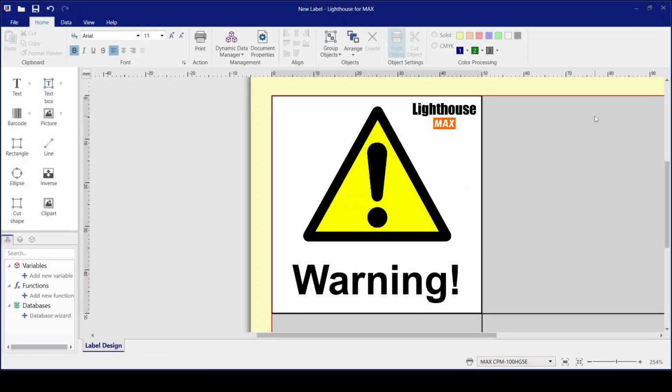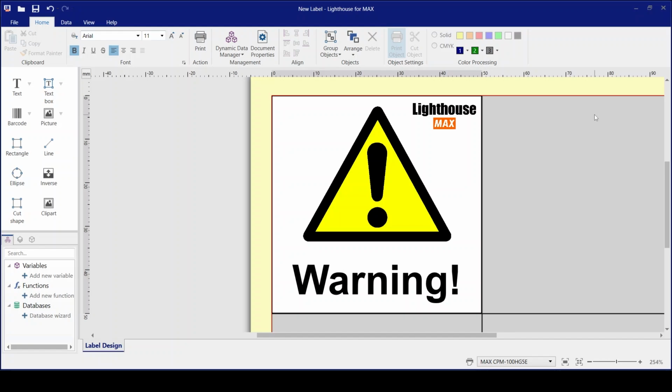In this video, we're going to look at creating a basic label using the 4-step basic label creation method in Lighthouse for Max 10. The beauty of this method is that it can be applied to pretty much any kind of sign or label that you require. So something from a health and safety sign, like a warning sign we have on the screen here, to something like an asset label, a pipe marker, continuous improvement signage, anything that you like, the basic steps will always remain